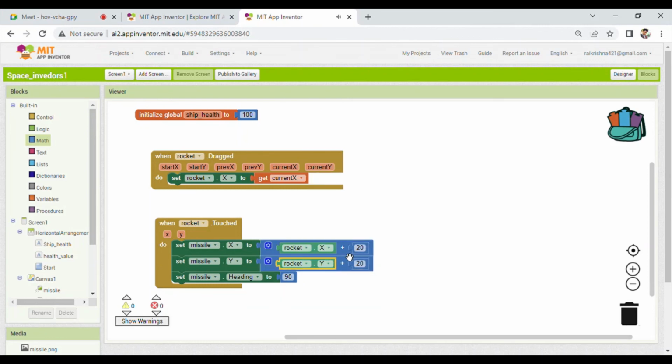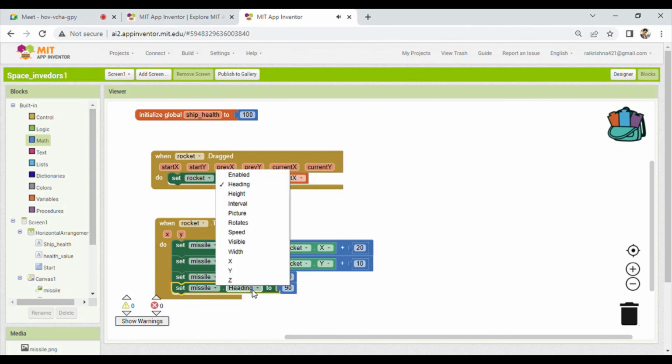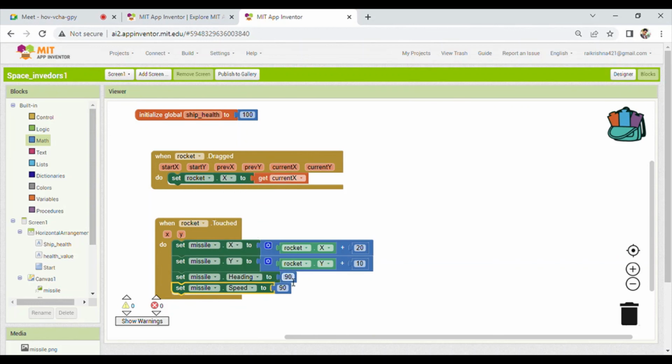So whatever changes we make for the rocket, whenever we drag the rocket, the X value and Y value of the rocket will change, so that the missile value also changes according to the rocket, so that both move at a time. Yes, now let's put in a speed for the missile. So here I will copy paste. Here you can see all the parameters we need. Speed, let me put 160. You can change it according to your requirements,